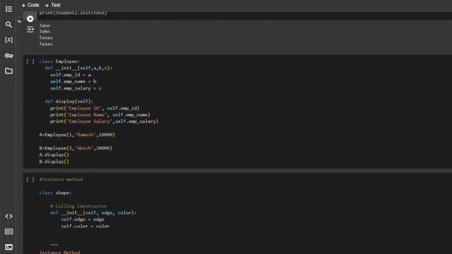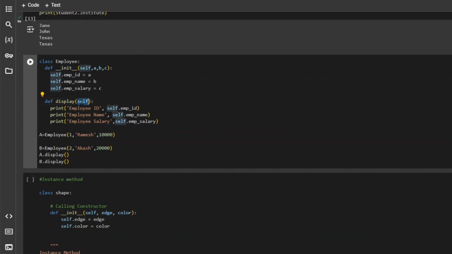Then moving ahead, we will see one more example wherein we have created an employee class. We have initiated employee id, employee name and employee salary as attributes, and you could see self coming into play. The employee attributes are about to be displayed for each student in the output. That's why they have created a separate method, display, with self, because you cannot directly call the init method. However, one more use of self is that it is used to communicate between two methods in the same class. Like this init method has self, and